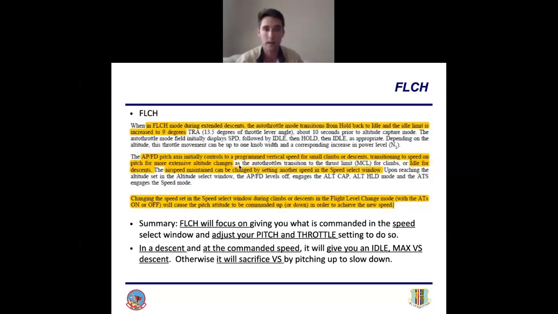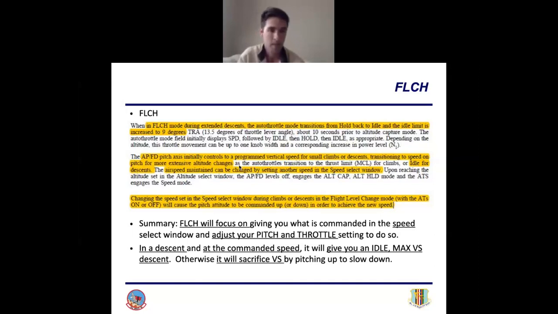Flitch, this is out of the -1. So flitch, during extended descents, the auto throttle is going to move back to an idle position. And the autopilot is going to pitch down to a programmed vertical speed for a small descent, which basically just means if it's not a large descent, it's just going to pitch down to capture an alt cap and then an alt hold. If it's a more extensive altitude change, it's going to go idle, and then it's going to maintain whatever you have in the airspeed command,